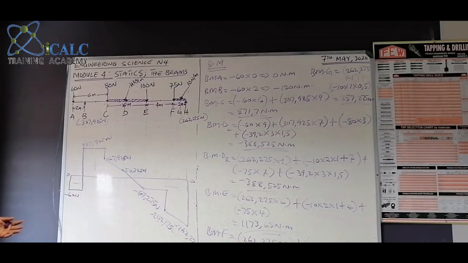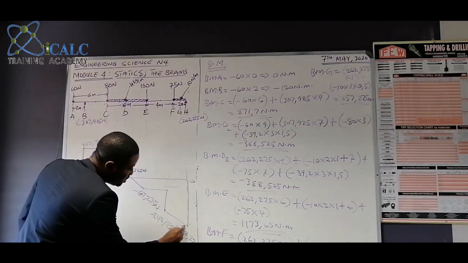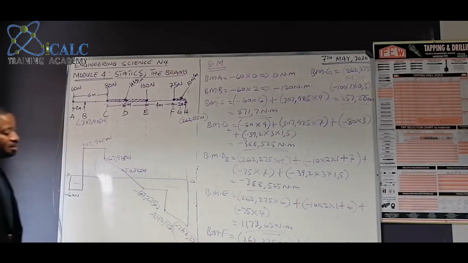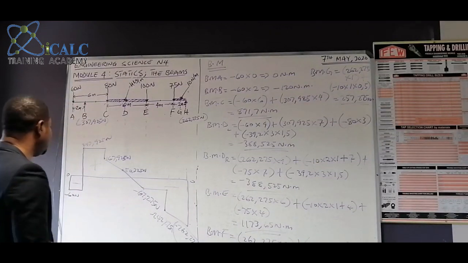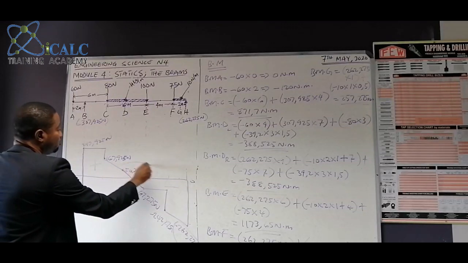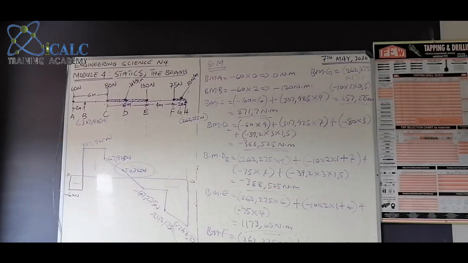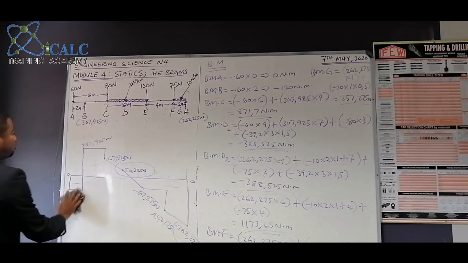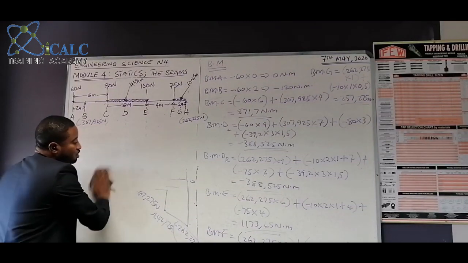So therefore, they ask us to show the highest point. So our highest point here will be about the value of negative 262.275 Newton. Okay, we don't consider the negative part, we just choose the highest number. And if they ask us what is the minimum point, we shall say 50.325 is our minimum point. So that is for the shear force diagram. So now let's do